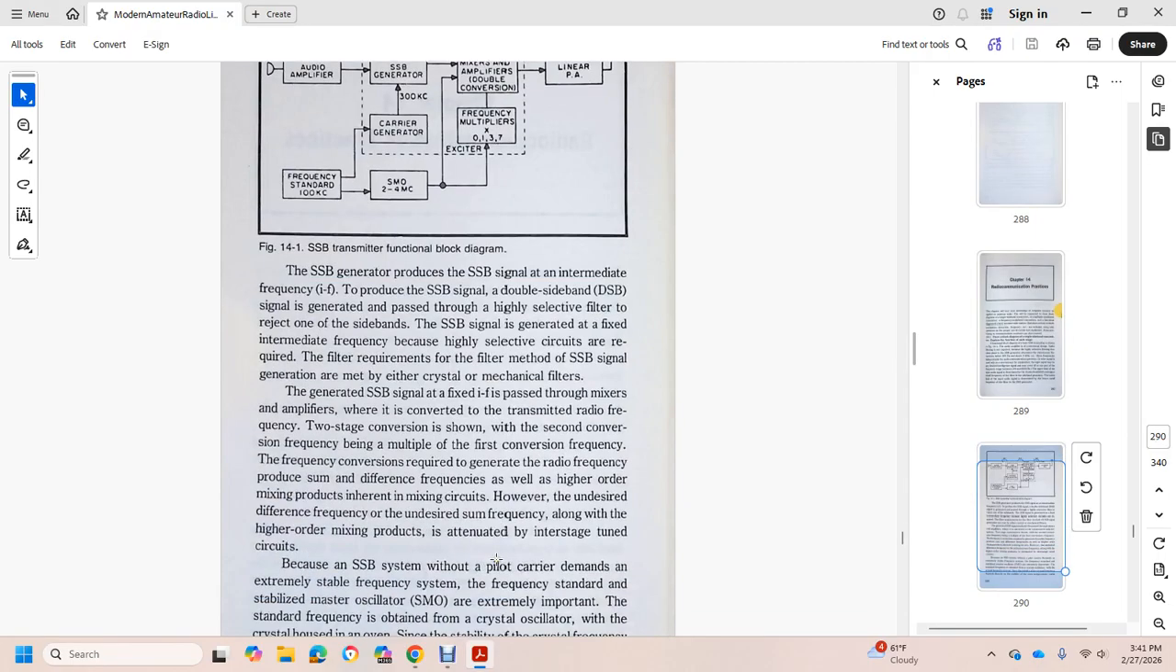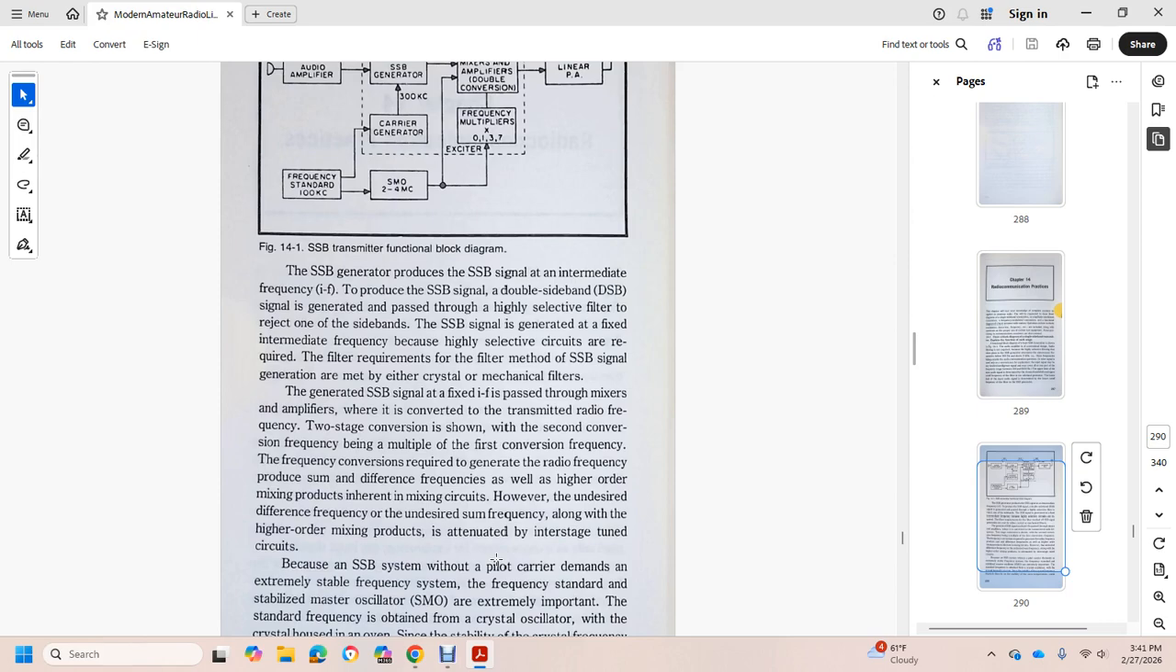The single sideband generator produces a single sideband signal at the intermediate frequency. To produce a single sideband, a double sideband generator with a passive high frequency selective filter rejects one sideband. The single sideband signal generator at the intermediate frequency covers the highly selective circuit with the filter requirements. The filter method of single sideband signal generation may